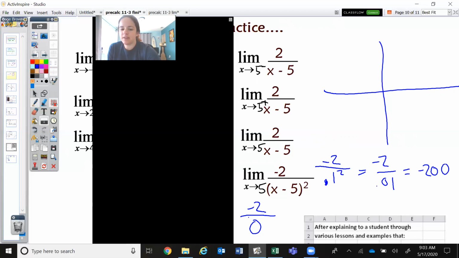And if I put in 4.9, 4.9 minus 5 is negative 0.1, but when you square it, you're going to get the same value as I did there. So you're going to get negative 200 on both sides. And that's because this graph,